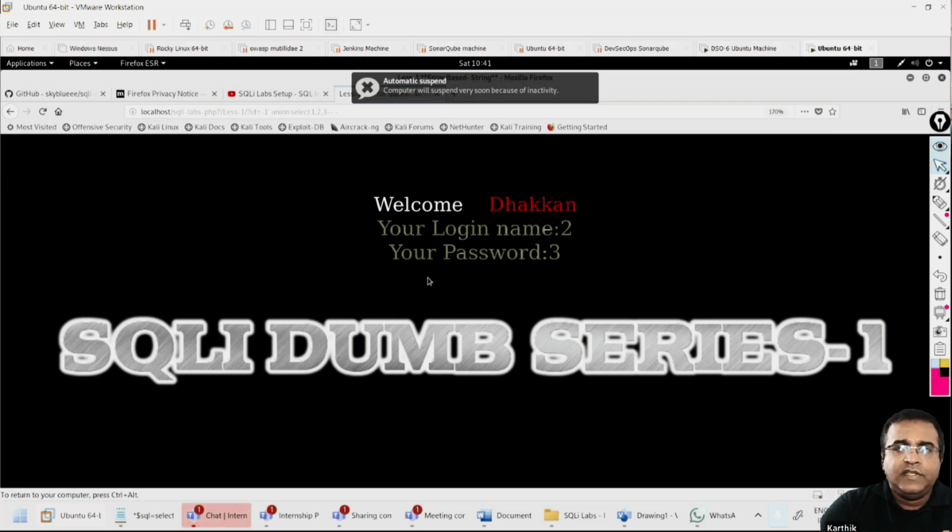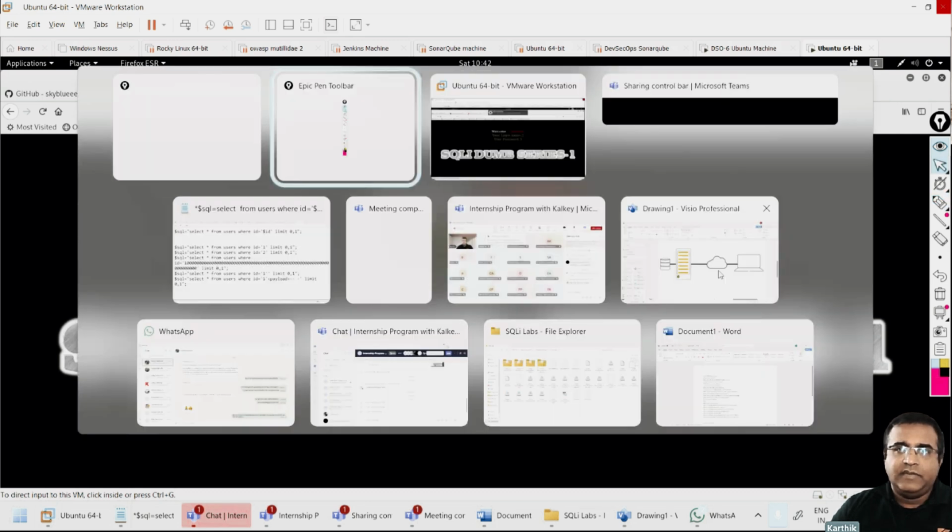Right? So this is where your understanding of SQL syntax and commands plays a very important role. The reason being is MySQL has many default user functions that are there. So if I say database here, just by putting this in the statement, it will give me the name of the database. And giving version, it will give the version name. Giving user, it will give me the username as well.